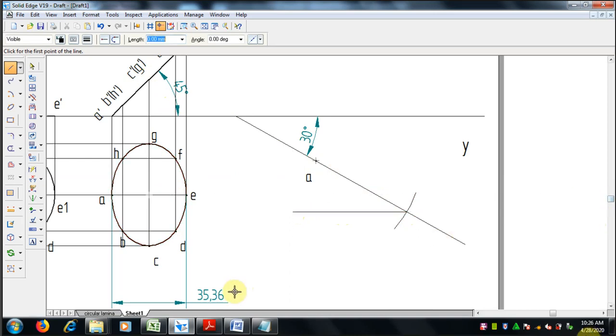Now in the locus of E we have to make, that is what the arc given is AE1. Now we have to draw AE, that is the distance after inclination, 35.36. Select the 35.36 arc from the same A, draw in the locus. Now you can see the first one is AE1, second is AE.